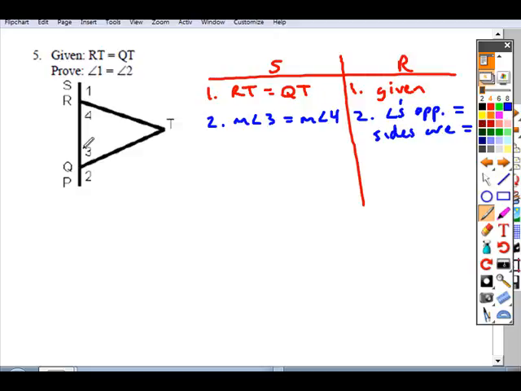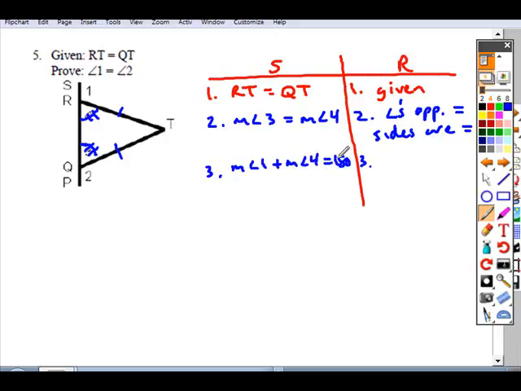Okay, but we can now say that, so we knew that these two sides were equal. We can now say that these angles are equal. We still need to introduce our element of angle 1 and 2. And there's really nothing else that we can do to interpret our givens or build from what's in here. So we need to go ahead and take this opportunity to introduce the elements of our end state. And so the only thing that we can say about those is that measure of angle 1 plus measure of angle 4